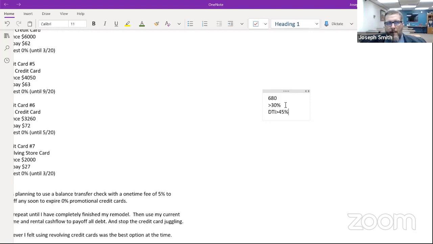So we can work with the current situation that you have, and it's going to take time, but using credit banking as a strategy, it'll take less time. But how do we speed this up? How do we get this done in the next year, right? I mean, that's what people really want. Well, we're going to have to either A, increase the income. If we can increase the income, then we can pay all these debts down faster.